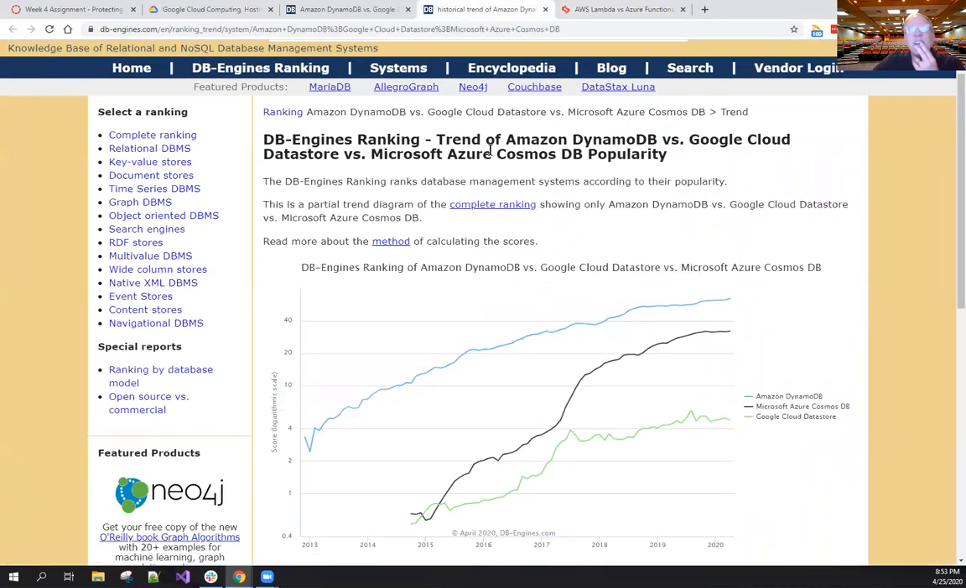Okay, DB Engine's ranking, trend of Amazon DB versus Google Cloud versus Microsoft Azure in popularity, 2013. Look at that, Amazon DynamoDB is just hanging right up there. Microsoft Azure is coming up, started 2 years later. Look at that, Microsoft Azure is making a nice climb. Cosmos DB, I should say. Google Cloud is struggling. They start at the same time, look at that. Can you believe it? So right now we're seeing that Amazon